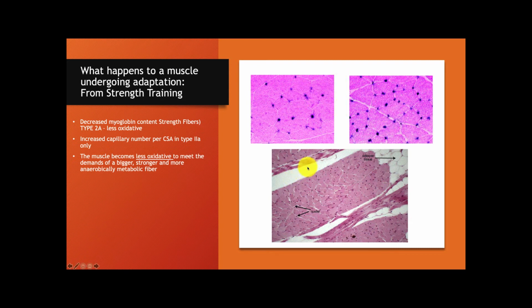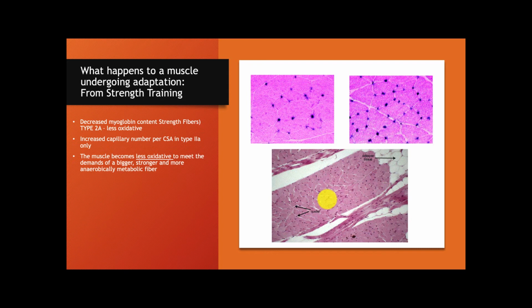The other thing that happens is we get way more nuclei, and that makes sense as well. So if you look down here, you can see that these tissues, if you look at this fiber right here, this is a really interesting fiber. It has 1, 2, 3, 4, 5, 6 nuclei just on this surface here. So we get more nuclei on those muscle fibers as a result of strength training, and then causing microtrauma, and